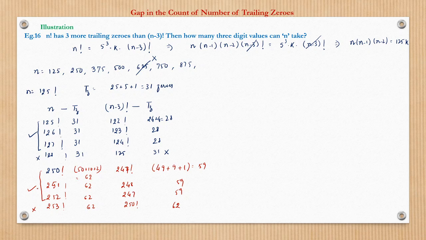So what can we see? For every value of n, we are getting three possible values associated, because we are concerned with n minus 3. Every n value can give three cases of n minus 3, right? So therefore we have six values of n. So six values of n will give 18 possible